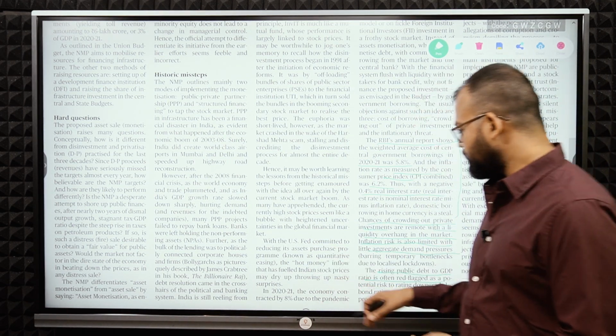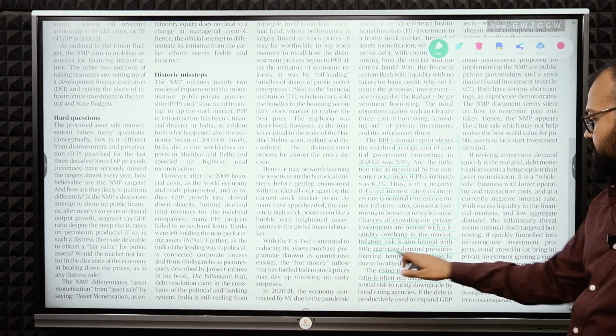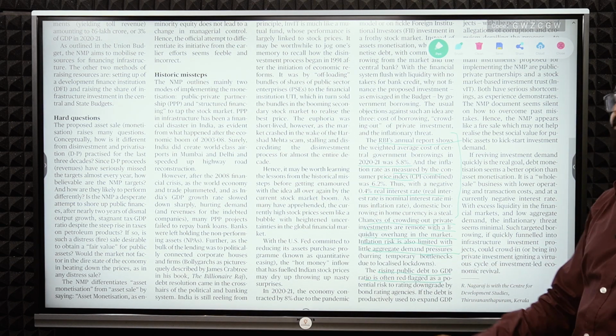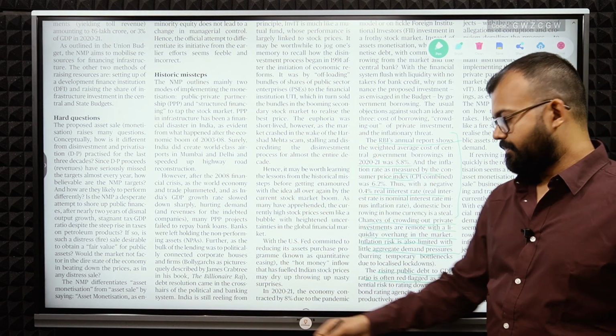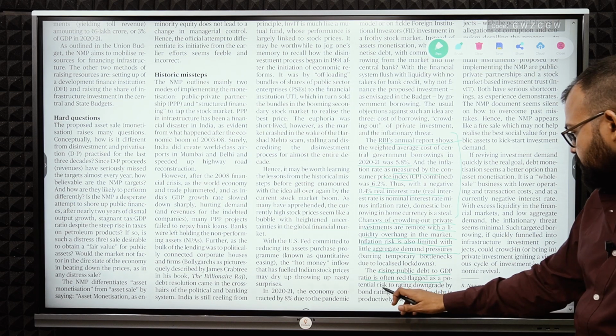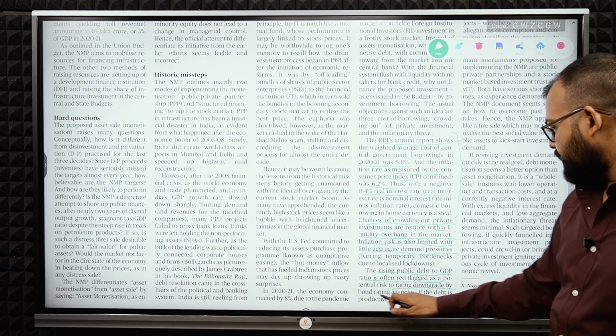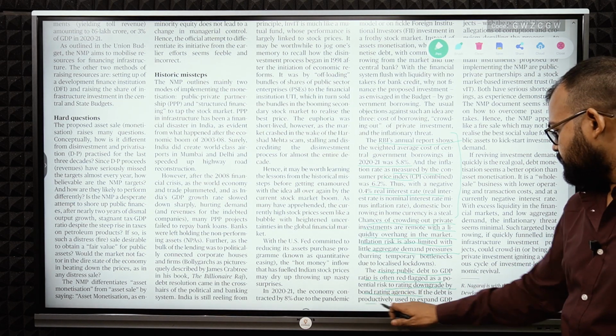He has given the target. So here the rising public debt to GDP ratio is often red flagged. It means it's a signal. Another solution is potential risk of rating downgrade by bond rating agencies, if the debt is productively used to